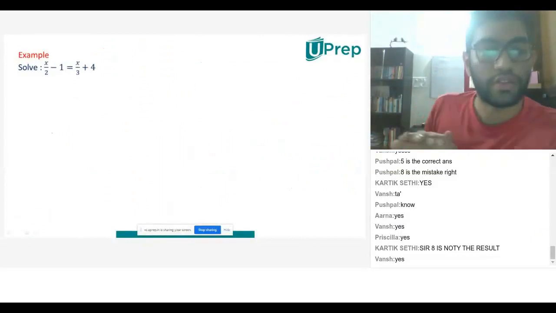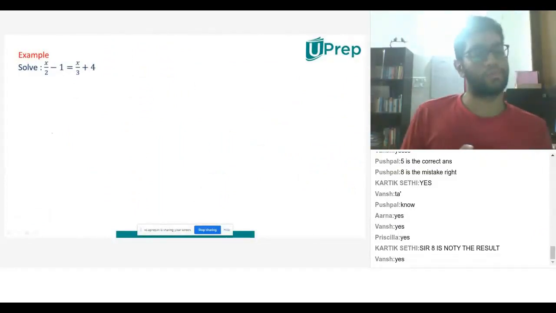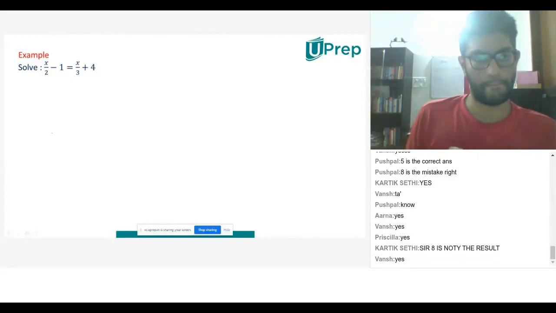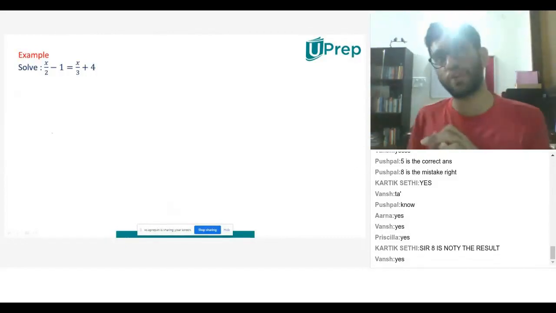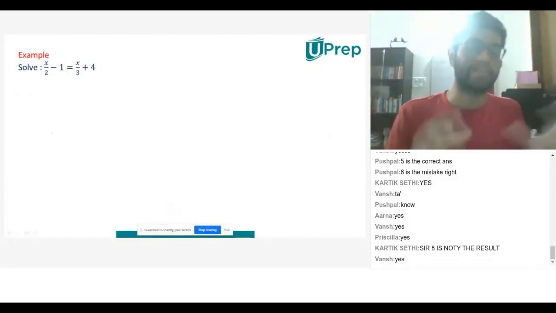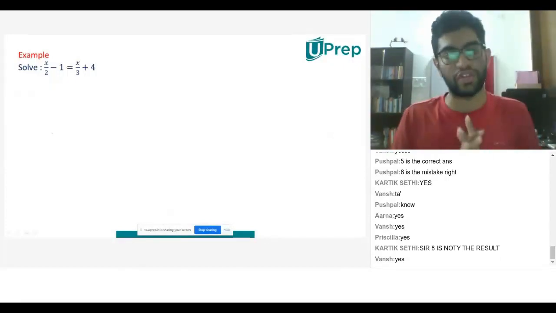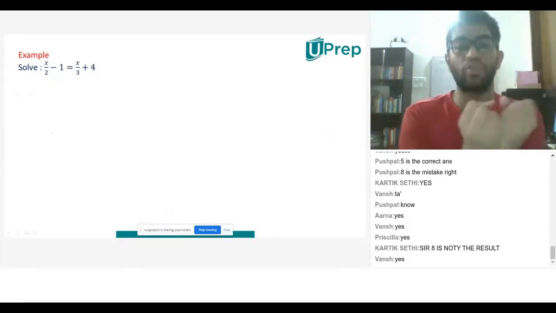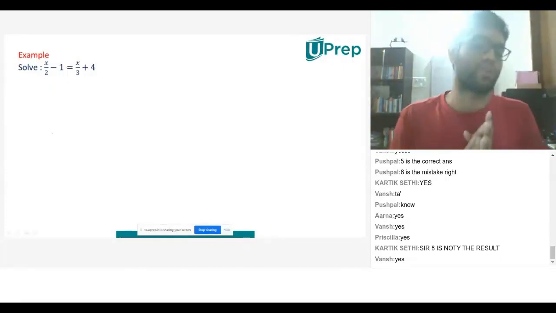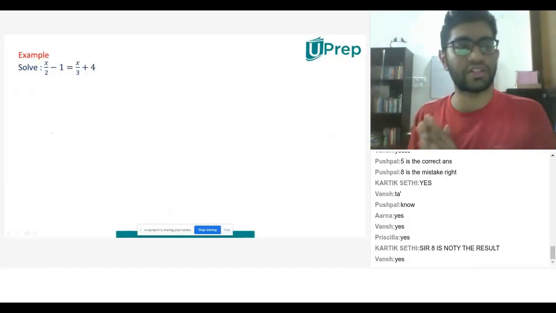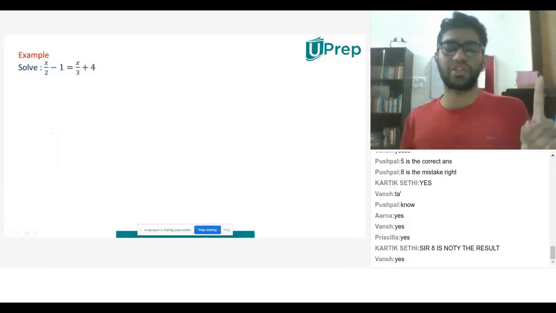This is the question, guys. Start solving. When we come to word problems, we will make sentences, and then we'll see how we can form equations. For today's class, let's focus on our core equation solving. Let's not worry about what is going to come in the next class. Let's strengthen this. This is your question, guys. Solve.